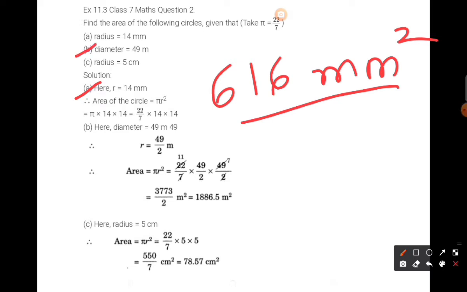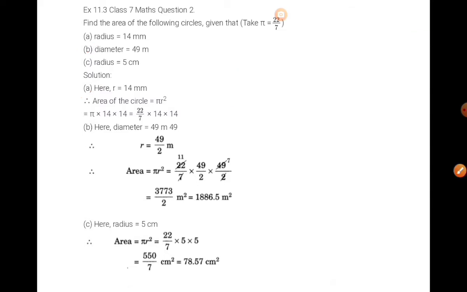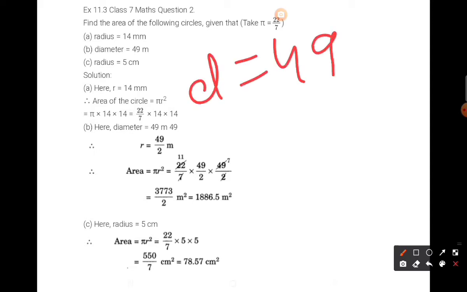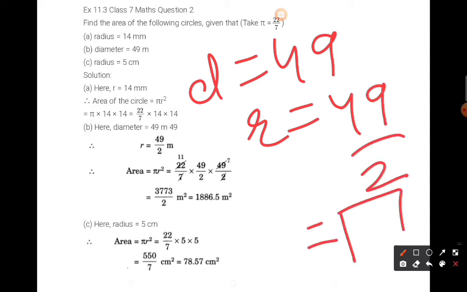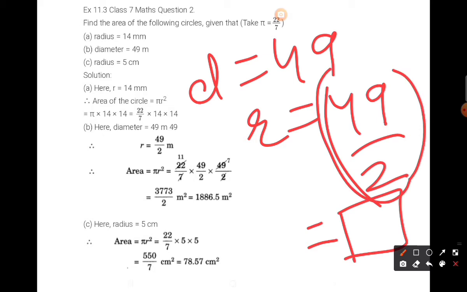Second one, diameter is given to us. Diameter is 49 meter. Now diameter is given and the formula for area is pi r square. So we need to find first the radius with the help of diameter. So diameter is given 49, first you have to find the radius. So 49 divide by 2, you can do it and you will get the answer in decimal point, and then you can keep that value. Or the next option is, in place of keeping this value directly, you can keep 49/2 also. You can put up this value too, it depends on you. Either you divide and keep the value, or you keep the value in fraction itself. Keeping it in fraction will make the calculation a little simpler.